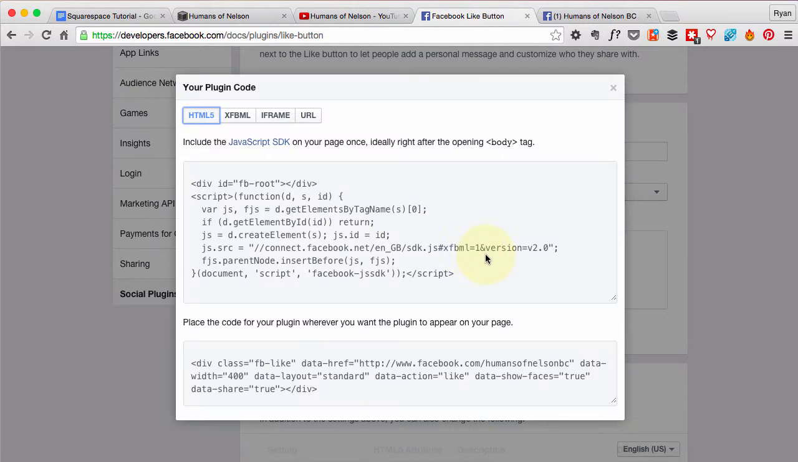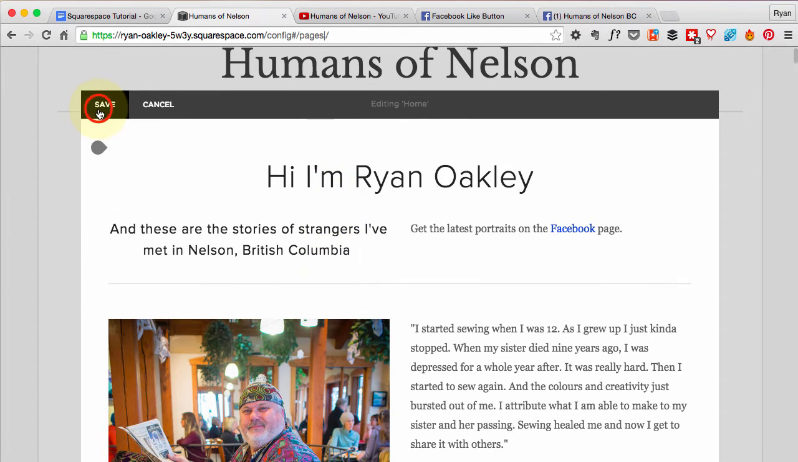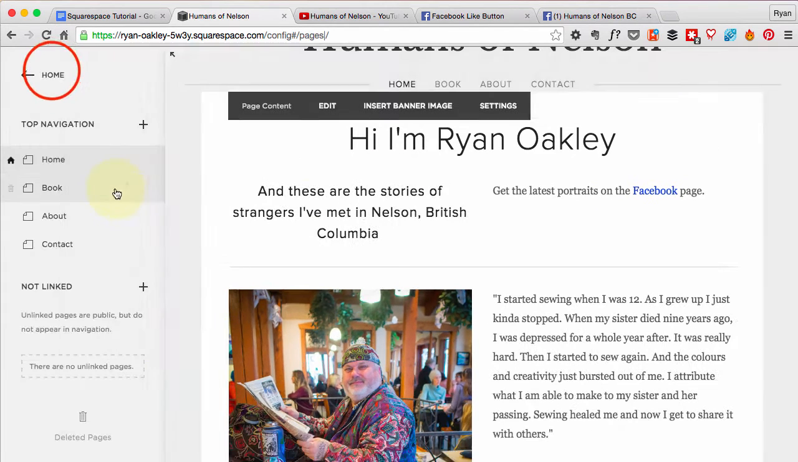So I'm going to hit the get code, and this is the only bit of coding that we do with the whole Squarespace site, and I'll show you what to do with it. So we highlight this top section here, and I press Command C or Control C to copy it to my clipboard. I go back to our site, and I'm going to actually get out of our page for a second,